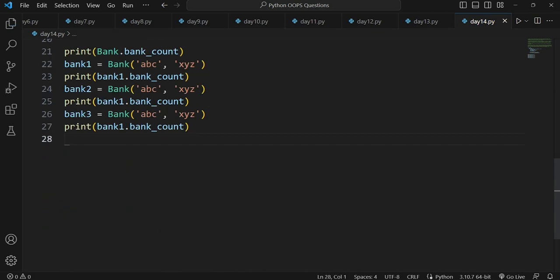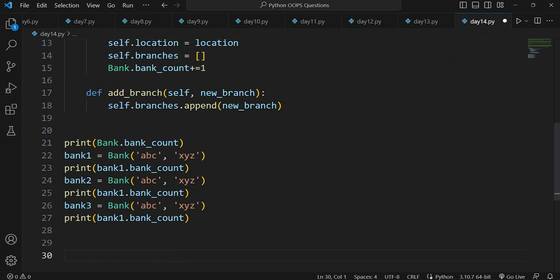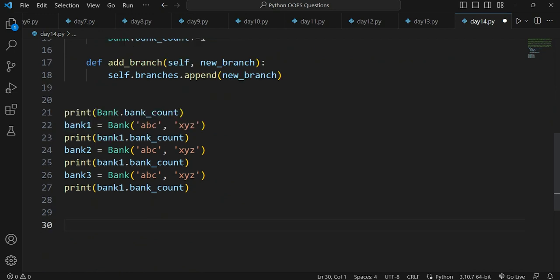So let's see, guys, how we will be seeing our list here. If you want to check the branches of, let's say, bank 1, in bank 1 what are the branches we have?